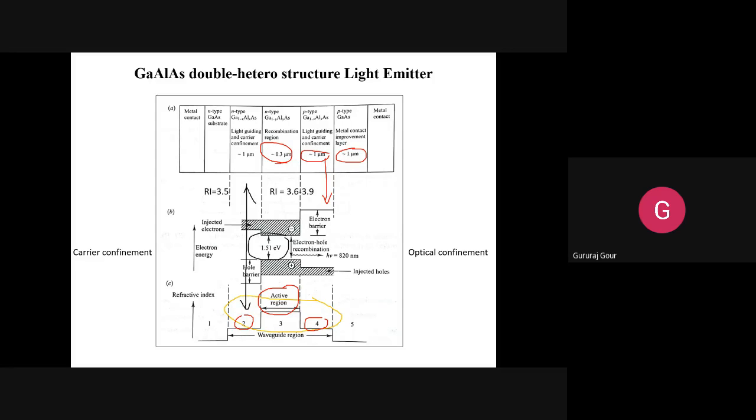So three factors are contributing to almost eliminating your carrier confinement problem. The first one, remember, is the heterostructure that we have now. The second thing is that this 0.3 micrometer region is kept very small so that we can improve its radiance, that's the brightness, and quantum efficiency. Okay. And the third factor contributing is a reduced band gap energy, and that will let more electrons and holes recombine in the reduced size region.